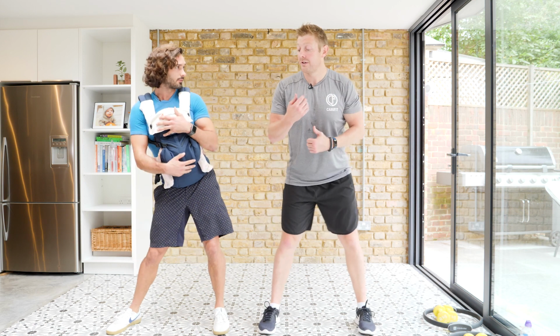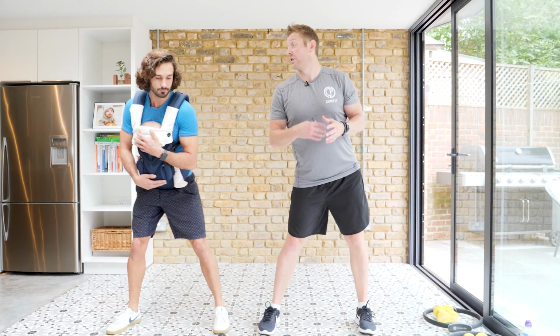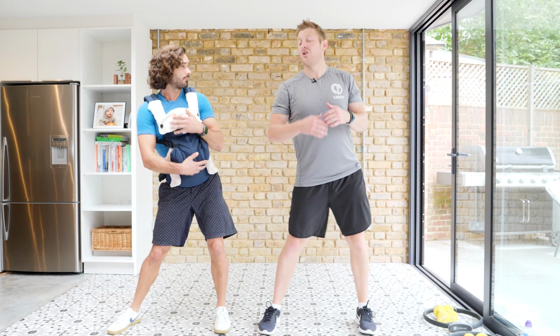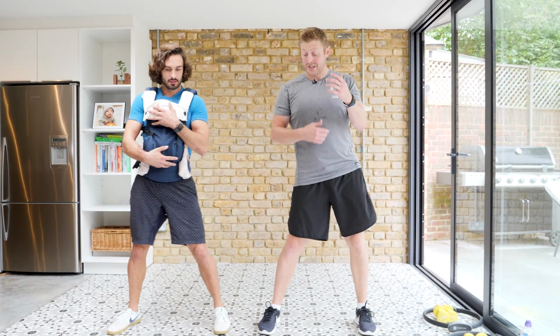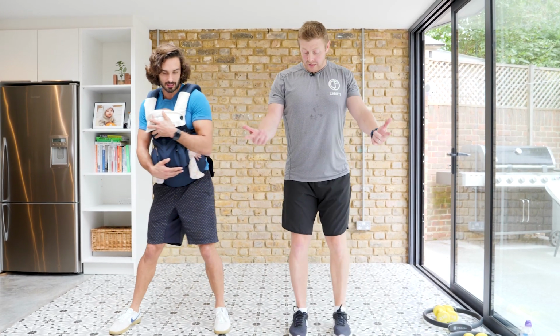But again, it's about doing things that are appropriate to your postnatal body and being respectful of what it's done, what it's created, and not trying to do too much too soon. Make sure the workouts are short, effective and appropriate. Yeah, I think people put pressure on themselves to get back in the gym or...